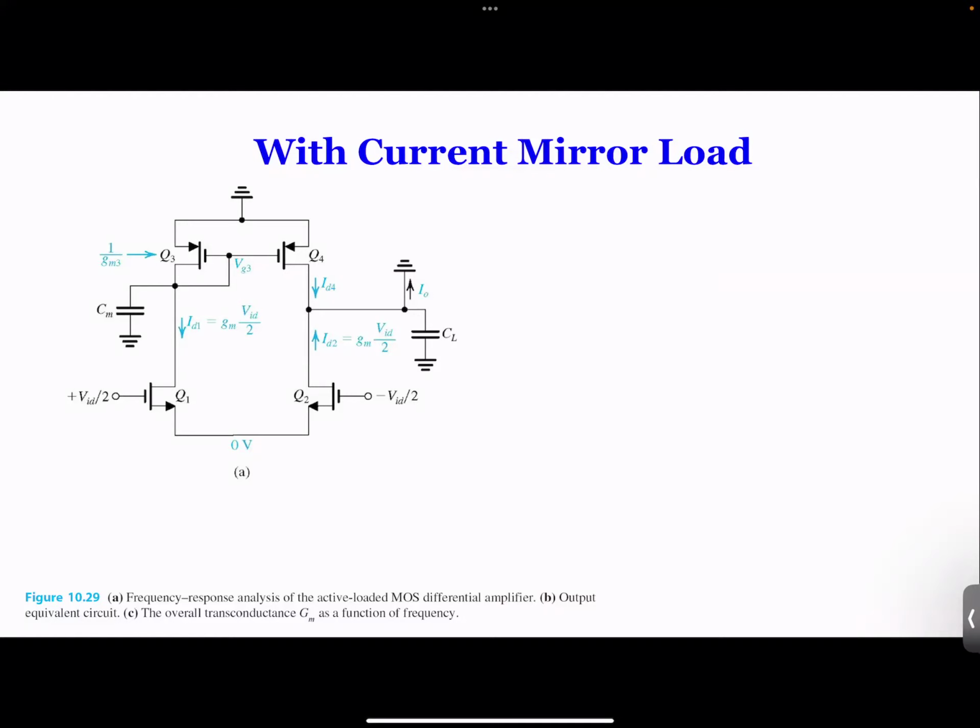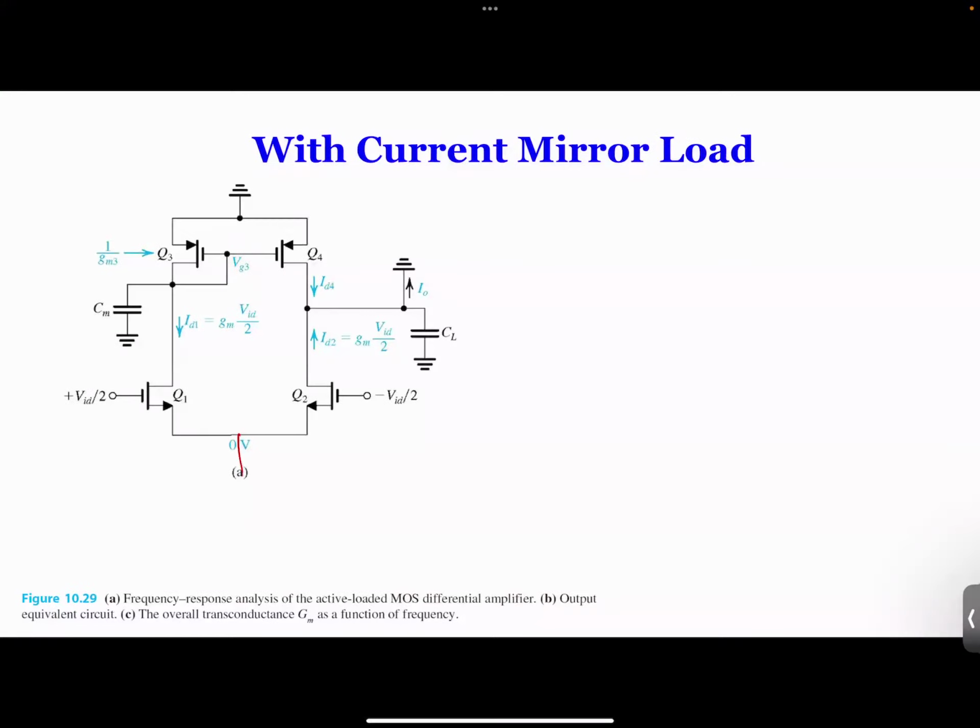But if you have a current load, see in this particular example, of course, if you can make up the circuit, you would also have something for the common mode. You can add a current source here, right? So you can do that. But for this one, really, what it boils down to is this. If I draw the half circuit for the small signal, this becomes ground. But for the common mode, it becomes,